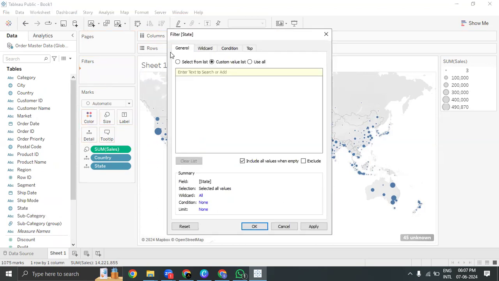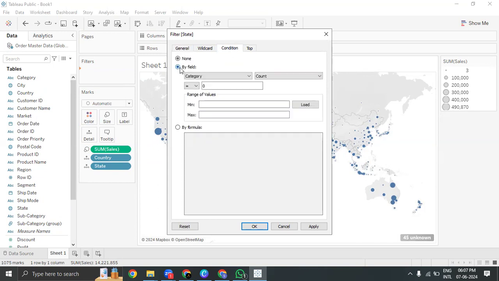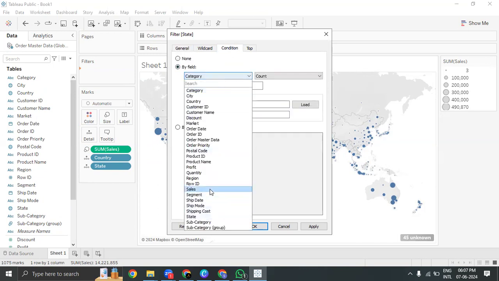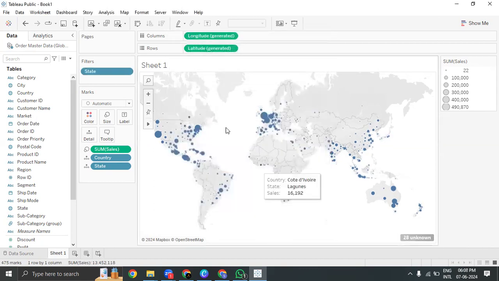What our requirement is, we want only those states whose sales is above a threshold. Now what we do, we drag the state into the filter shelf. Then we go to the condition, by field, choose sales, and say greater than or equal to 4,000, from 4,000 to the higher level. When I click on load and check, I've got a minimum sales of 3 and a maximum transaction of 490,000 for a particular state. These are the original individual transaction values. When I click on apply and okay, now here you see